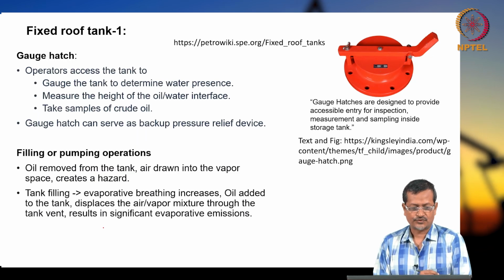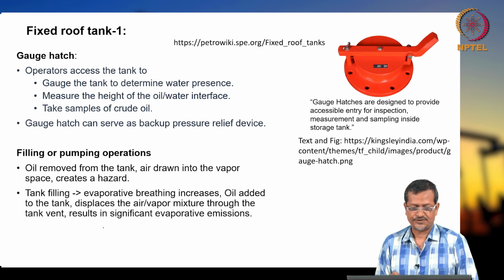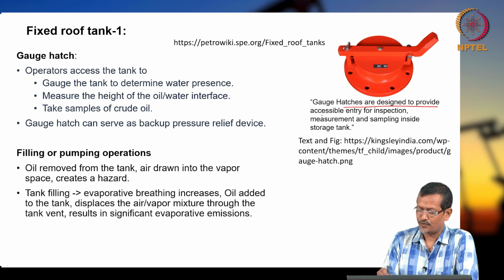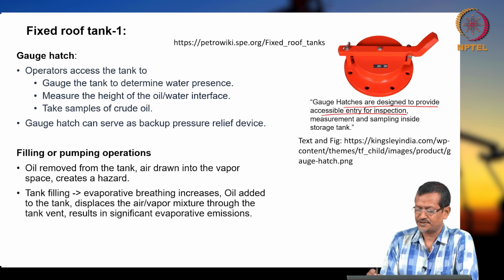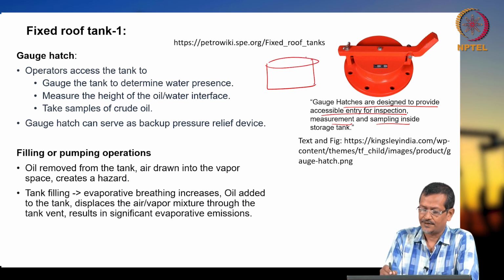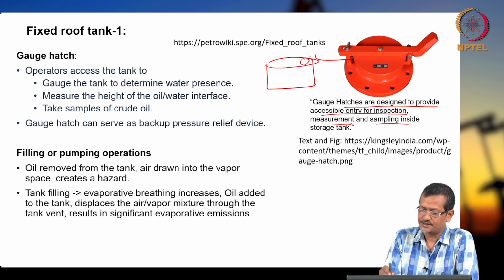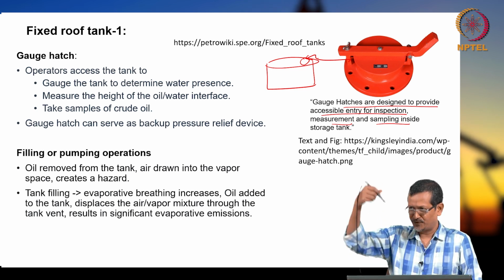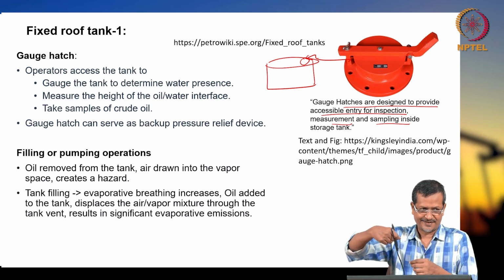So, a fixed roof tank will have one gauge hatch. If you see the definition, gauge hatches are designed to provide accessible entry for inspection, measurement and sampling inside. So, the tank is here, and this system will be fitted somewhere on it. That handle is there, you just remove it, then you put your probe in to measure, and you see the liquid